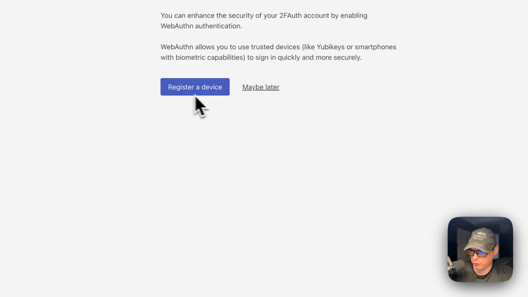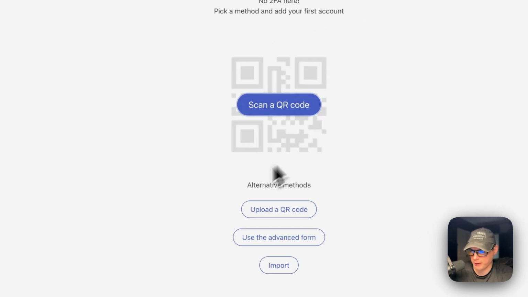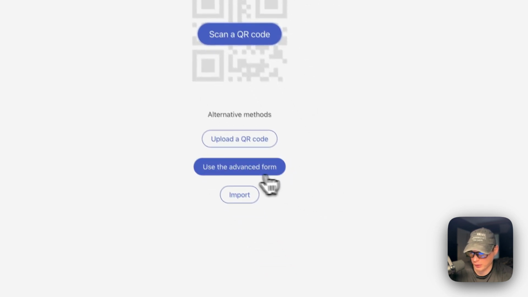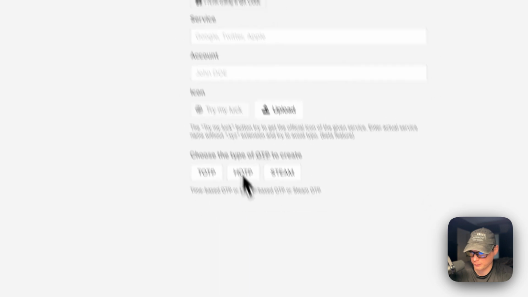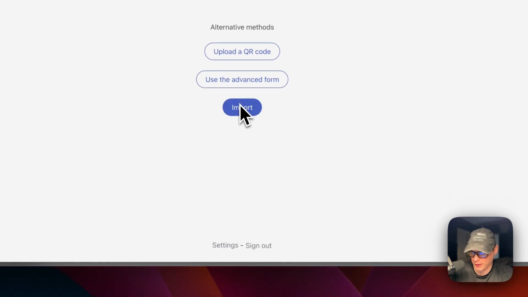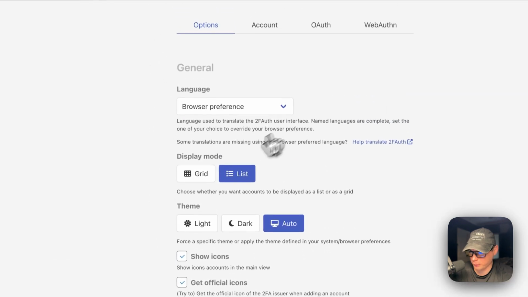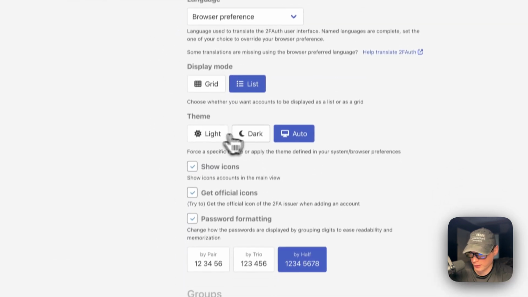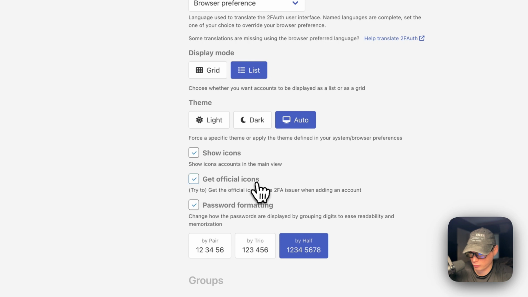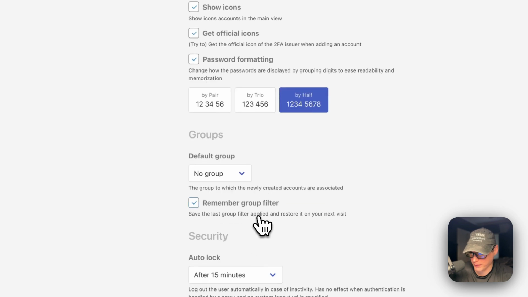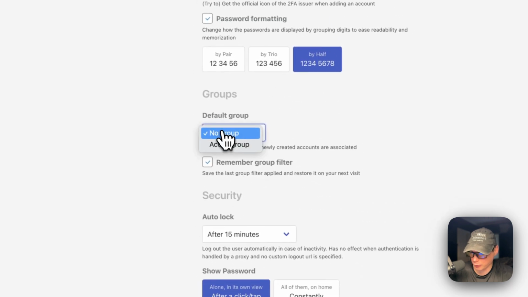And now you can register a device, or maybe later. You can scan your QR code right here. You can upload a QR code. You can use the advanced form, and you can import. You can also go down to the settings right here: the language, display mode, theme, show icons, get official icons, password formatting (pair, trio, or half), groups,